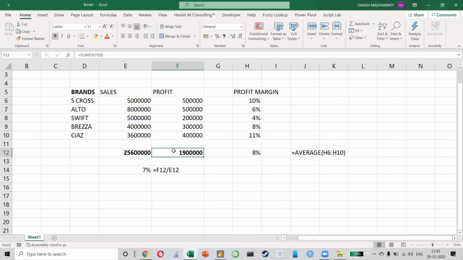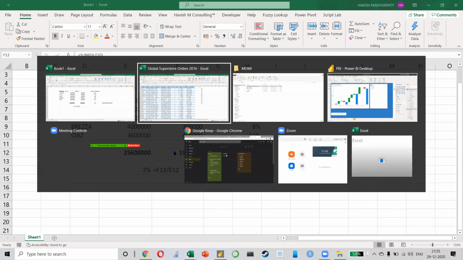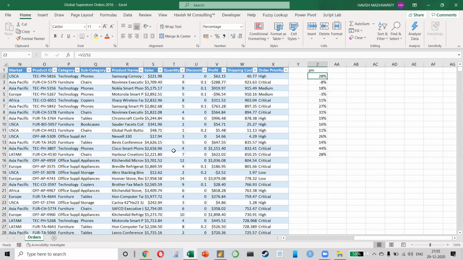Let's take a different example. Let's say Procter & Gamble. If Procter & Gamble is selling 100 different types of products, at the end of the day, when they say that they have done, let's say, 9,000 crores in a year at a profit of 10%, does that mean that they are finding the profit margin of each different brand and finding the average? Of course not. They are looking at the grand total of profit divided by the grand total of sales, right? I can't find the profit margin of each transaction and then find the average of that number. It will be completely wrong.